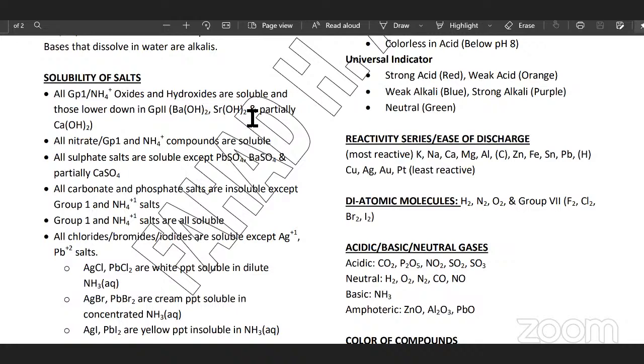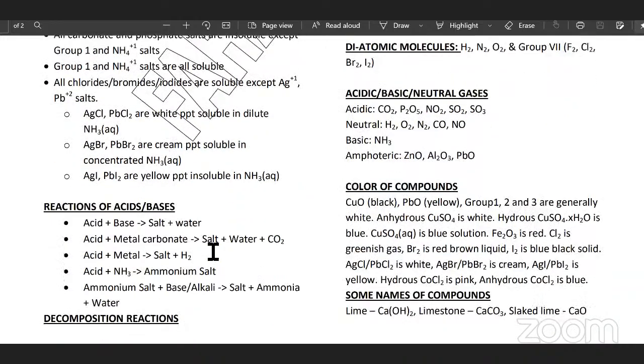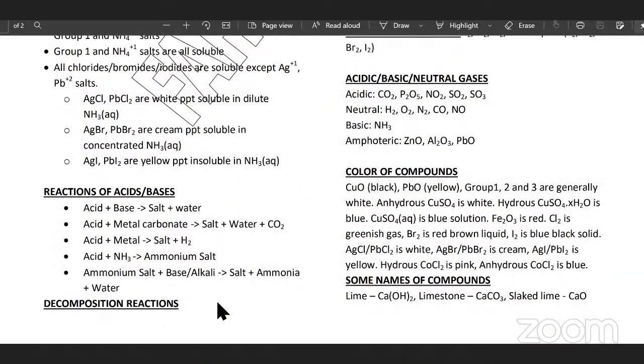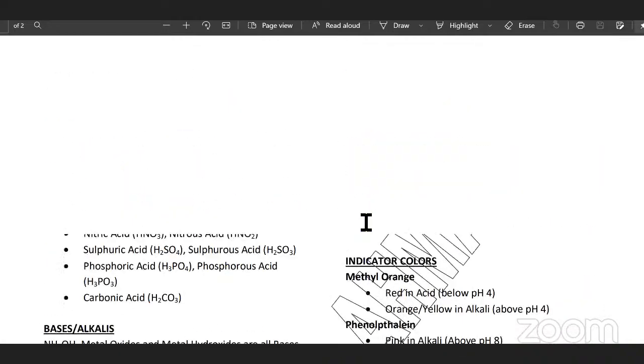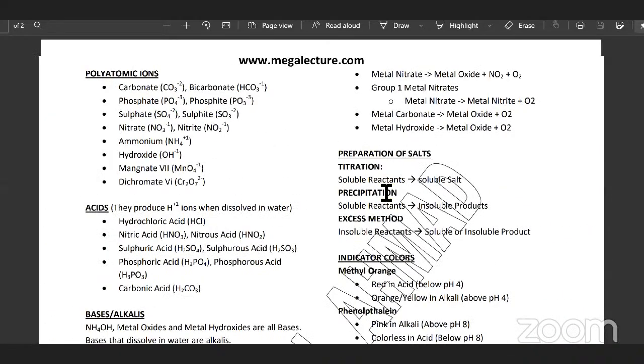Yes. मतलब कॉपर हाइड्रोक्साइड होगा तो वो insoluble होगा, आयरन हाइड्रोक्साइड होगा that's insoluble। तो इसके अंदर सारा दिया हुआ है, और फिर इसके अंदर वो दिया हुआ भी है कि इन सारे तरीकों से सॉल्ट प्रोड्यूस होती है। बस ये जो लास्ट वाला रिएक्शन है, ये सॉल्ट प्रिपरेशन में यूज नहीं होता। एसिड प्लस बेस, एसिड प्लस कार्बोनेट, एसिड प्लस मेटल या एसिड प्लस अमोनिया, इन चारों तरीकों से सॉल्ट प्रोड्यूस होती है। और इसमें वो भी लिखा हुआ है कि कौन से मेथड है वो यहाँ पे।